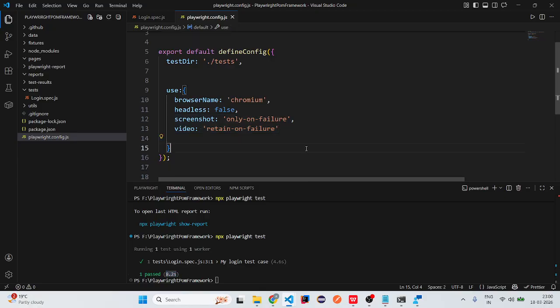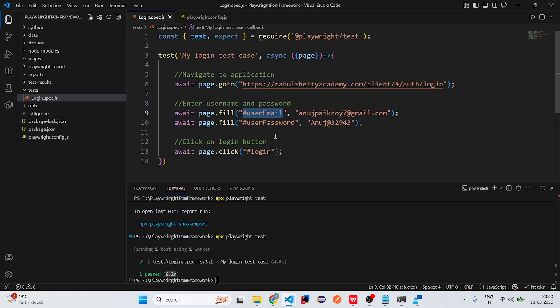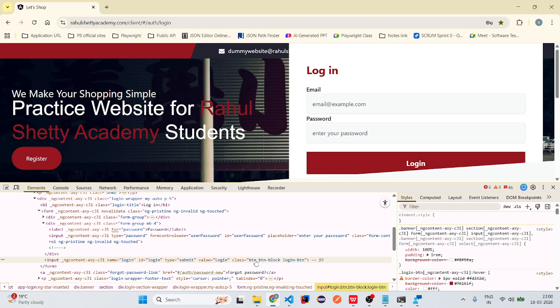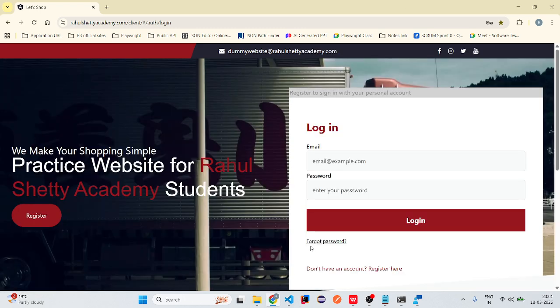Okay, great. So now what I'll do, this is my login page. Here, as we have implemented the page object model, this is my login application, right? This is my application, or this page is known as the login page. So as part of the page object model framework standard, we have to create that many number